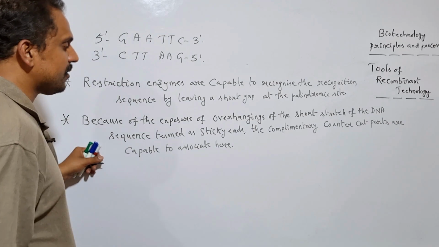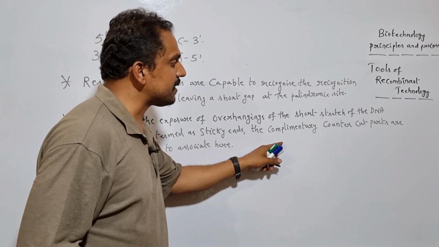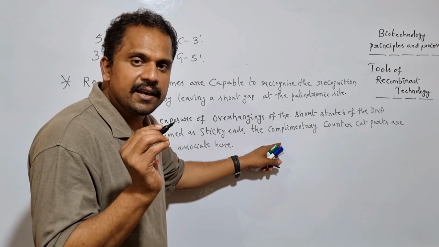Is it clear? So here after the successful association of the complementary countercut parts, here the native DNA in association